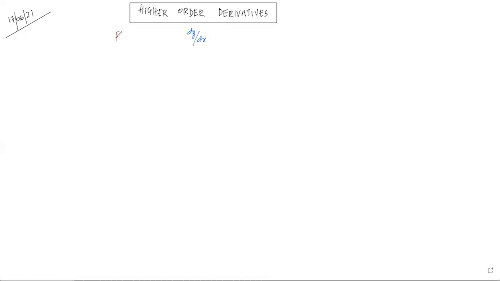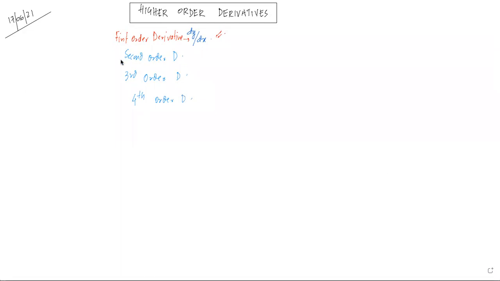So this is basically called first order derivative. That is, we differentiated a given function only once. That is what is called as dy by dx. But what we are going to understand in this topic, as we are going to move a step further, we're going to talk about second order derivative. We can talk about third order derivative. It can be fourth order derivative, and so on.